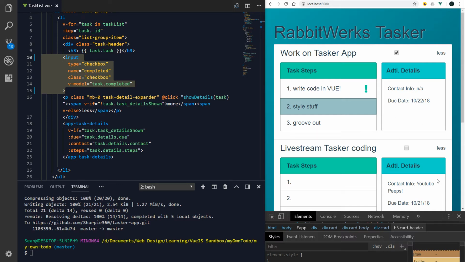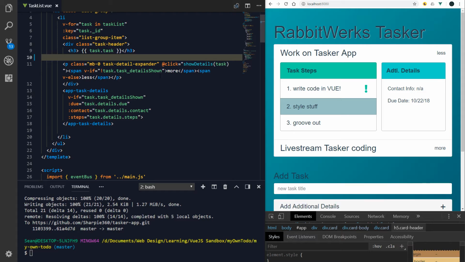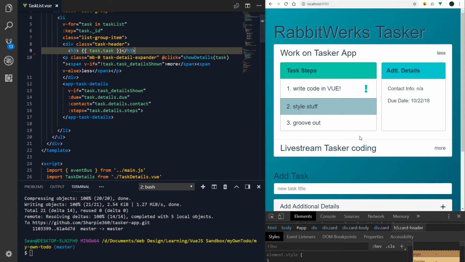Oh, okay, no, we don't want that. So let's just get rid of that. Don't need that. And then we're gonna look at this paragraph right here. And there are 2 spans, so